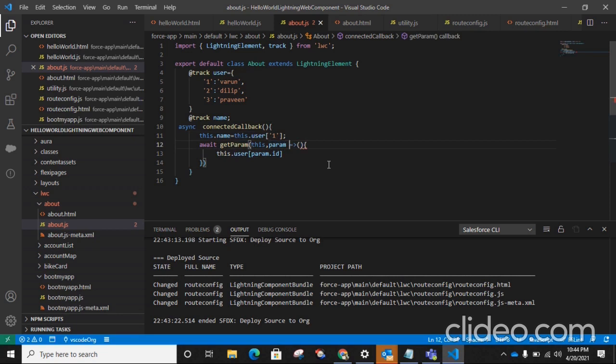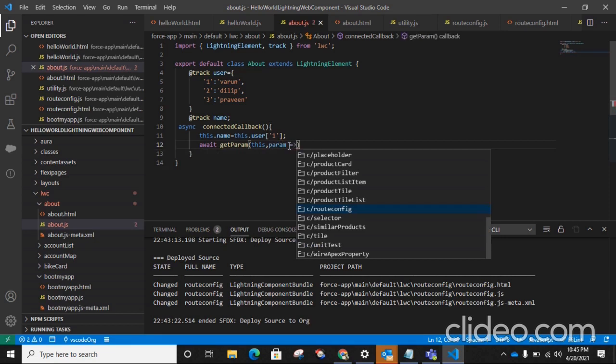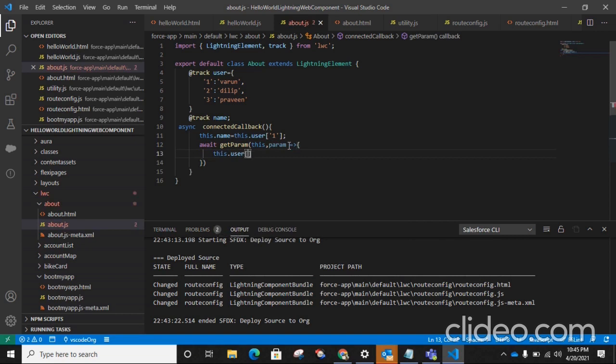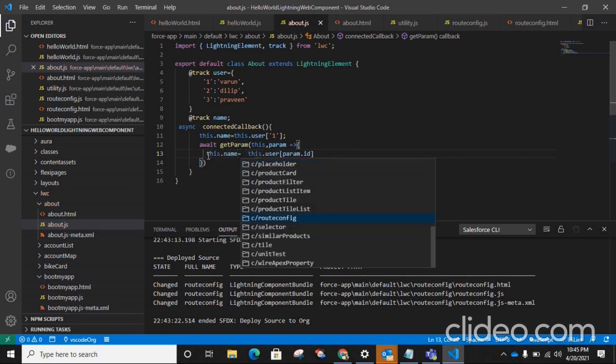I'm getting an error here. Oh, sorry, here is some error. Yeah, this.user and param.id, then we will get the parameter id. Then we are going to assign it to name.